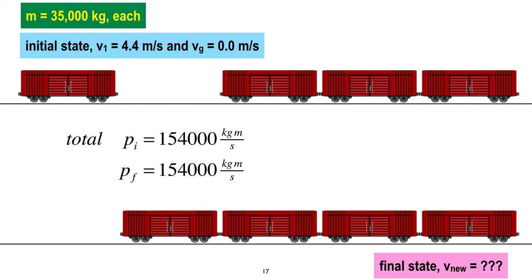Now, this equation, P subscript F equals 154,000 kilogram meters per second. Put a star next to that. The reason for that is conservation of momentum. All right? We can write that equation down because of conservation of momentum. Now, I'm going to extend that equation. One extension to it is